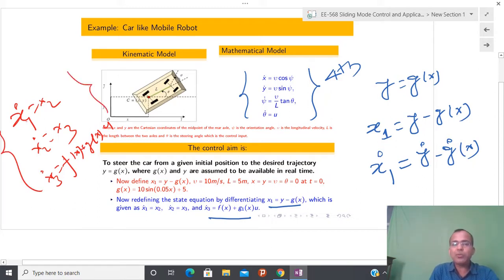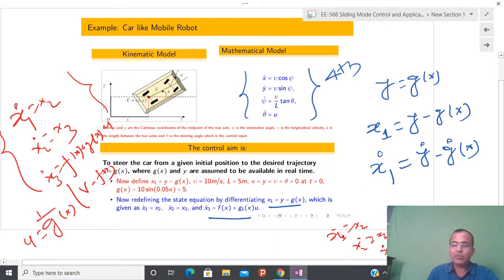What is x1? The output. And x2 is a higher derivative of the output. So with respect to the output and its higher-order derivatives, this is now a linear-like system, and I can design the control u. If everything is known, then I can perfectly design this, 1 by gx, and after that nu minus fx, and finally I have the system x1 dot equal to x2, x2 dot equal to x3 and x3 dot equal to nu. But if that is not perfectly known, then I will take the help of sliding mode control or any other robust control technique.